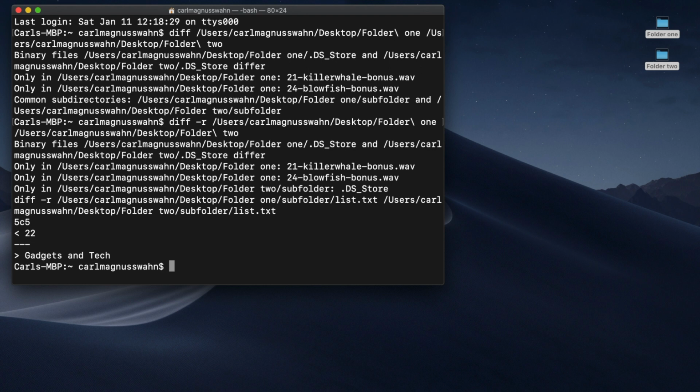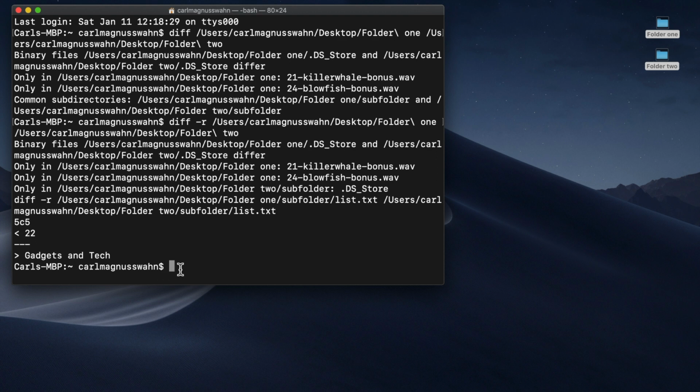And here we can see that the content in the subdirectories is different. At line 5, the first document has the number 22, and the second document has the text string, gadgets and